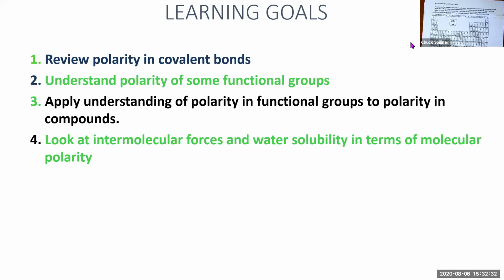And then by understanding polarity in functional groups, we'll apply that to the polarity we find in organic compounds. And remember, polarity goes from nonpolar substances all the way to polar or ionic substances. And then finally, we'll look at